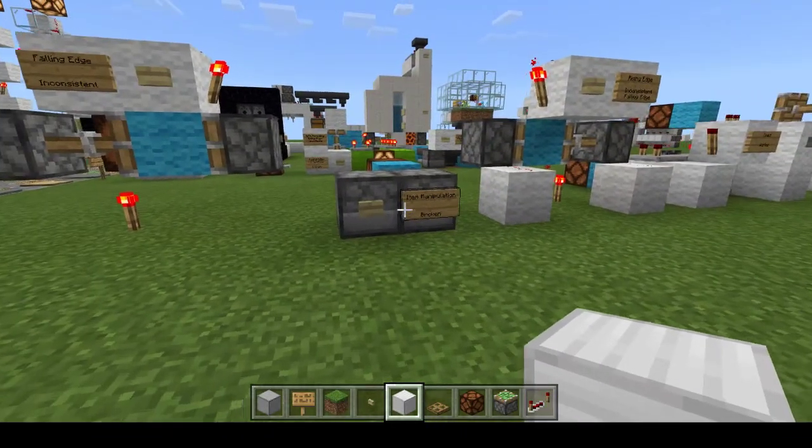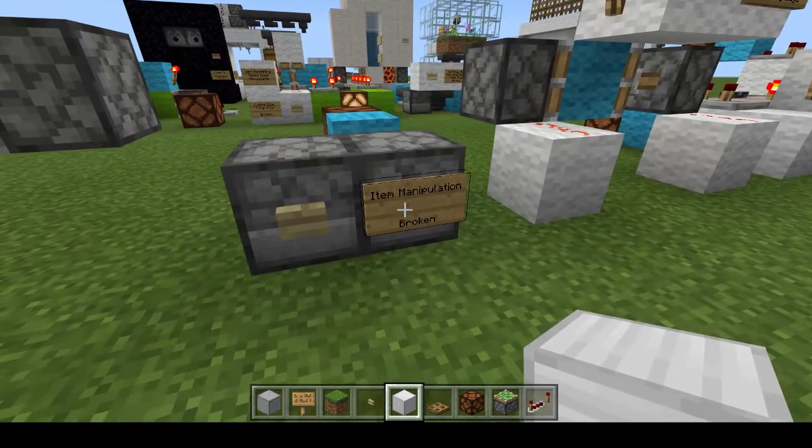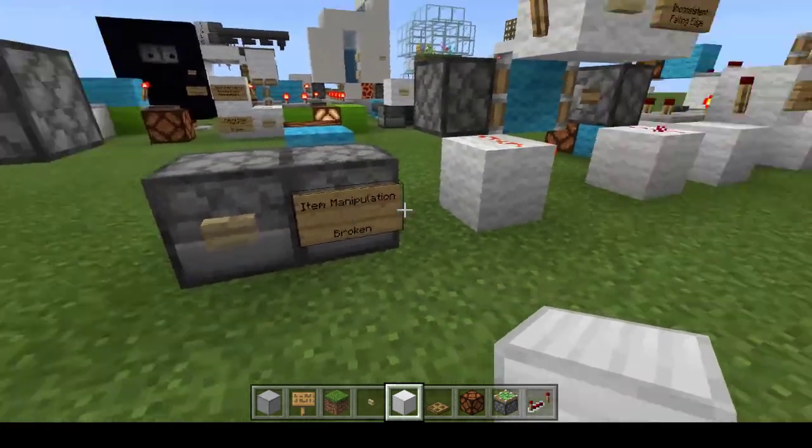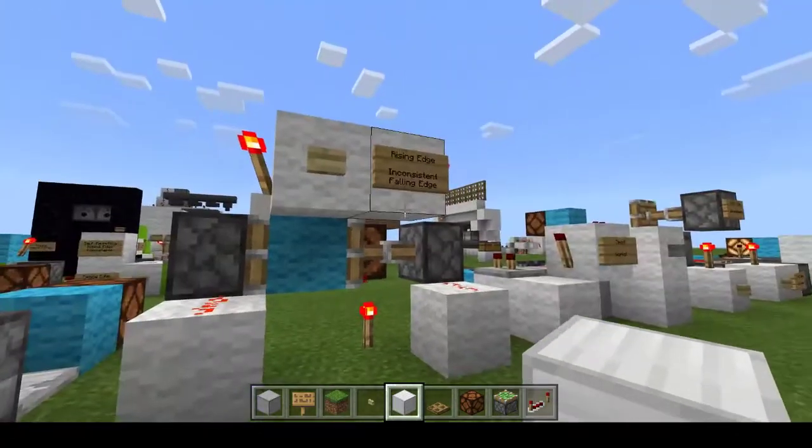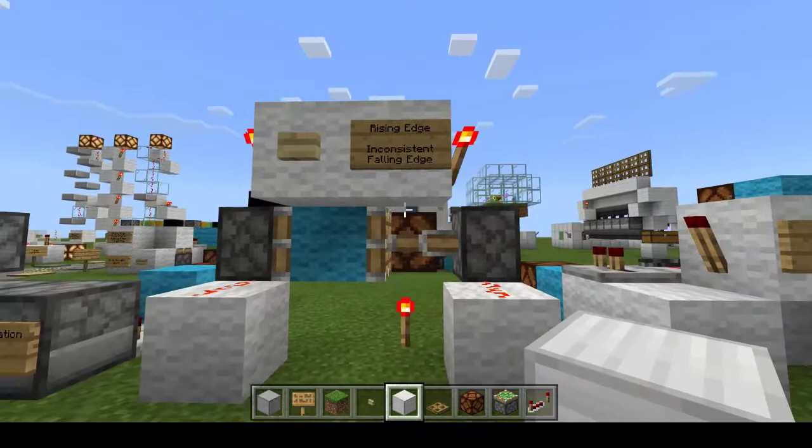It's a little tricky, but needless to say, I would call this broken because it doesn't really work in any case right now in any sort of way that you could really make use of, I don't think. Next up, we have kind of a standard rising edge